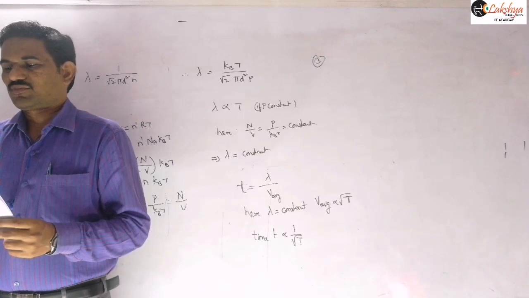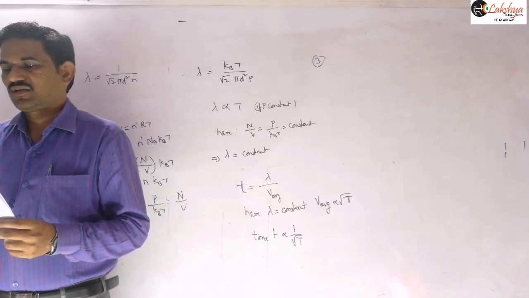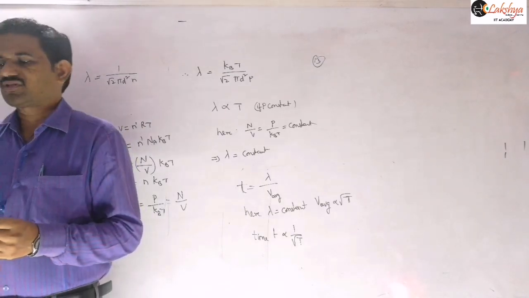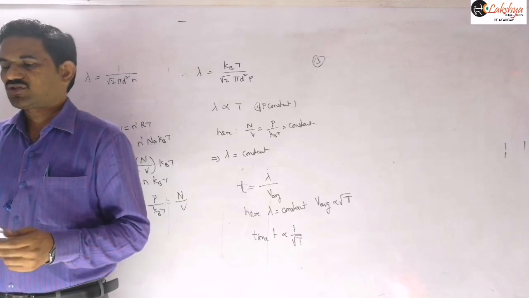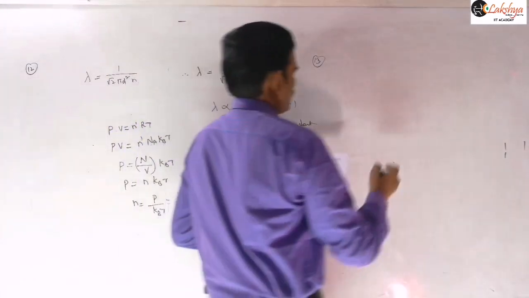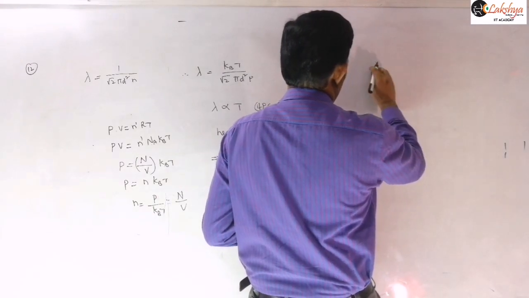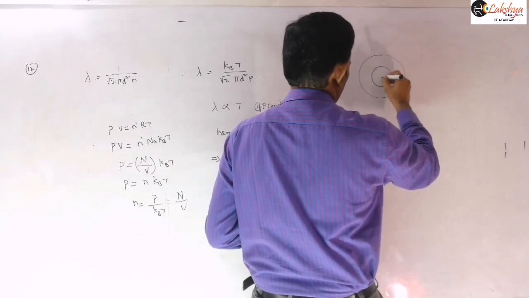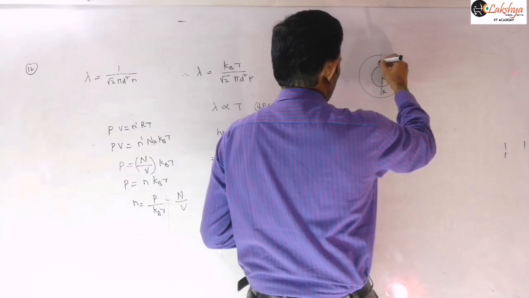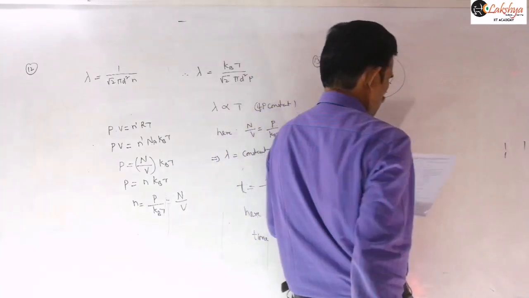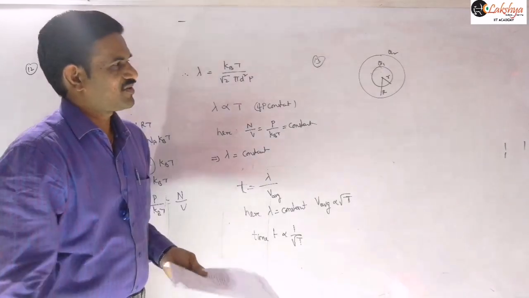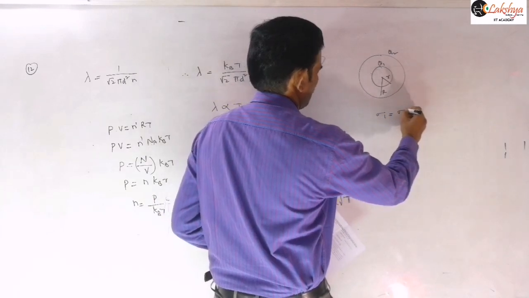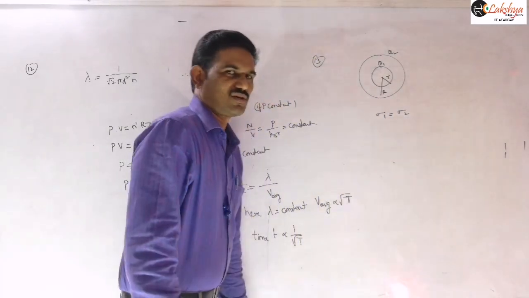A charge Q is distributed over two concentric conducting thin spherical shells of radii small r and capital R. If the surface charge densities of the two shells are equal, the potential at the common center is? So the given information is two concentric shells. One is of smaller radius and the other is of radius capital R. Suppose I take this charge as Q1 and this charge as Q2. The given information is that their surface charge densities are equal, so lambda 1 is equal to lambda 2, the surface charge density, right?